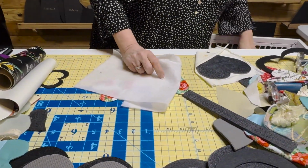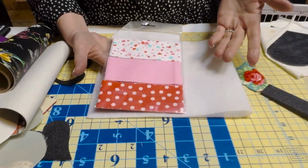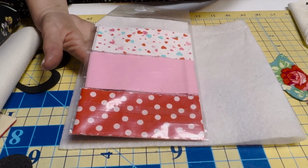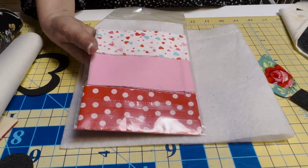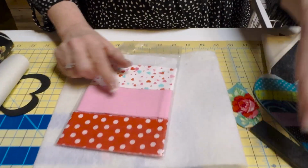All right, the other thing you can do, this, Dollar Tree. Look at Dollar Tree. This is silly. But imagine getting strips like this and you're going to piece them together and then do the little hearts that I had, that very first one that was the longer, this guy here. So you get a couple other fabrics. Again, cut